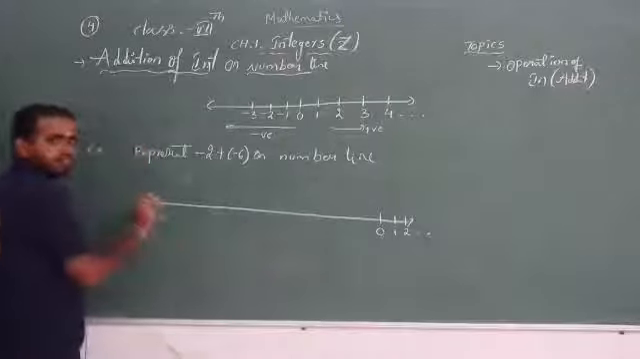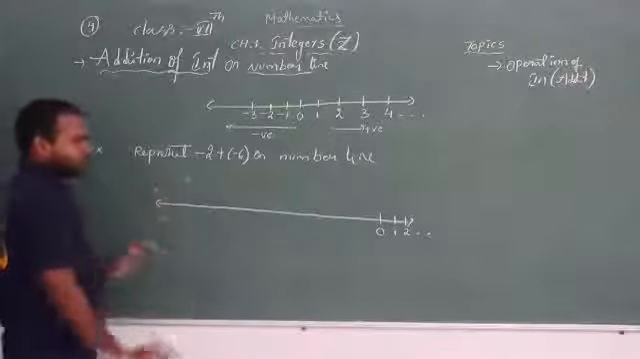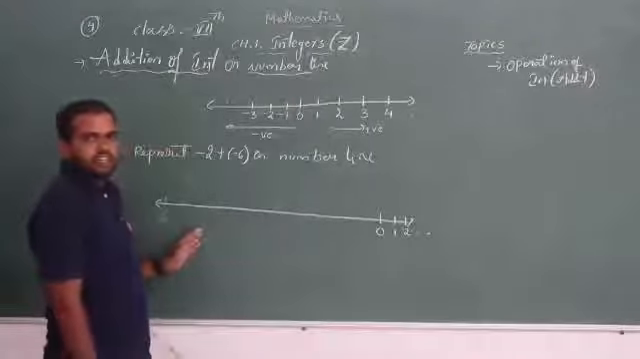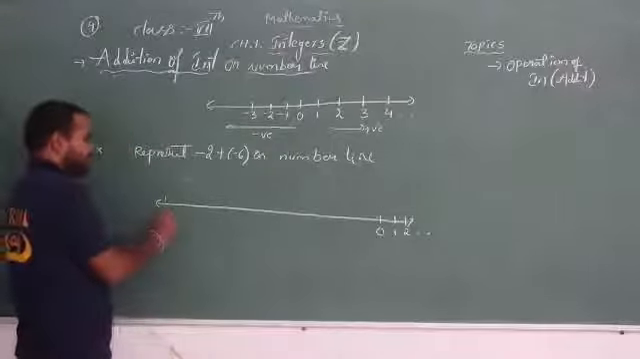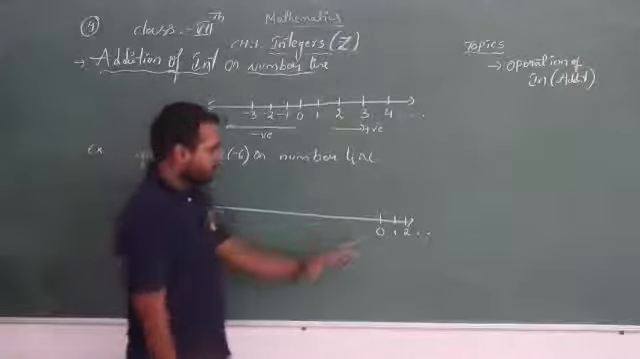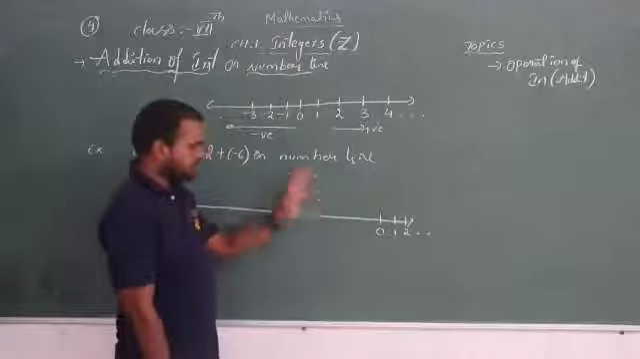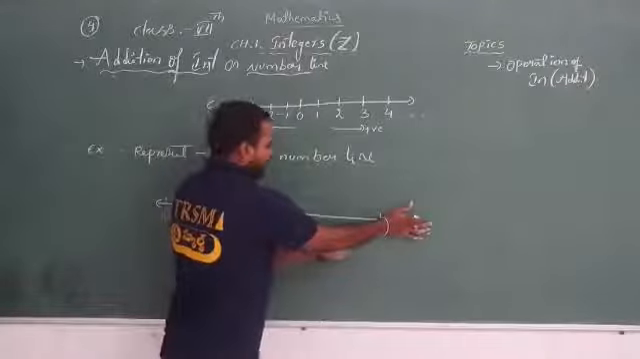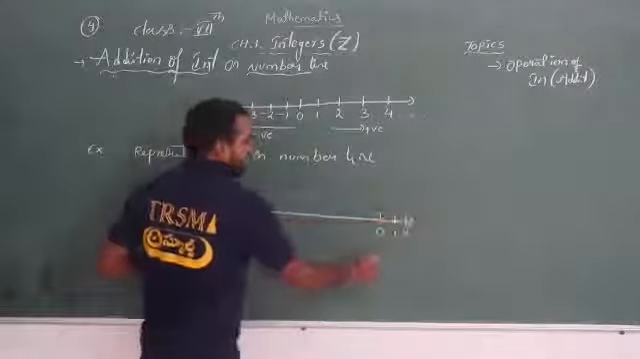It is wrong. So all negative numbers definitely should lie on the left side of the 0 only. Okay, so don't make the mistake by keeping the 0 here and writing -1, -2. If you write it, it is wrong. So what we have to do? We have to take all negative numbers definitely on the left side of the 0. If you want, you can start from 0, but on the left side you have to start writing the numbers